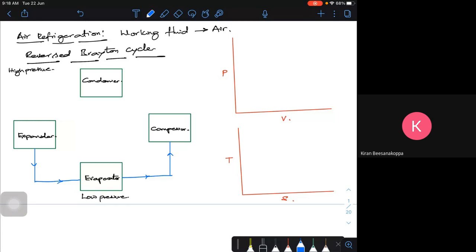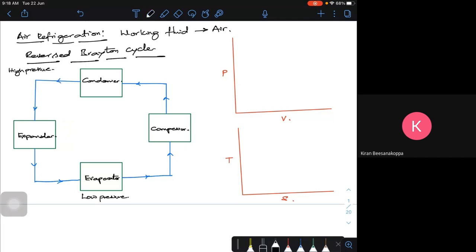You might have looked at what is available at your home, a vapor compression refrigeration system. We do have a compressor, in which the refrigerant is compressed. But here in this particular case, I'm going to compress the air. Once it is compressed, it will go to your condenser at higher pressure and temperature. Once heat rejection takes place, it will be at lower temperature, and in the expander, it will be at lower pressure.